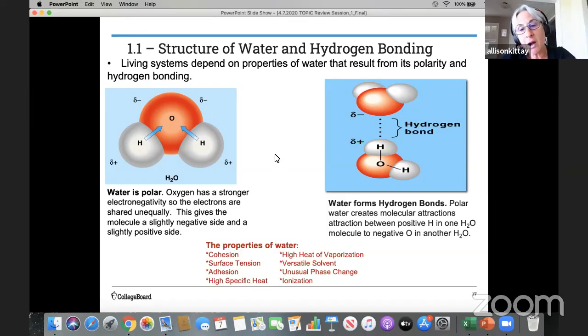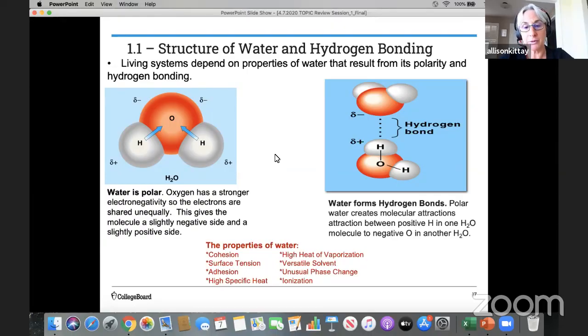You'll also see tomorrow that in DNA, the 2 strands of the DNA helix are held together by hydrogen bonds. But right now, I just want you to see that the negative side of one water molecule is attracted to the positive side of the hydrogen in another water molecule. That is a hydrogen bond. Hydrogen bonds are often represented with dots, so you can tell that they are connected. One water molecule can form up to 4 hydrogen bonds